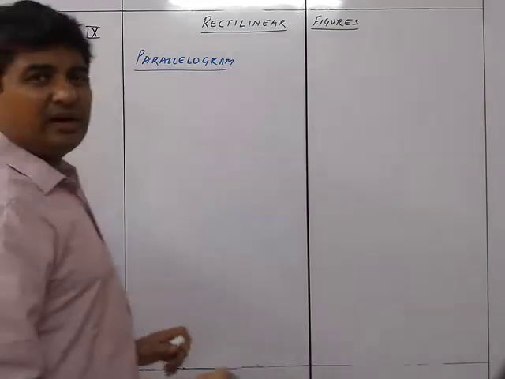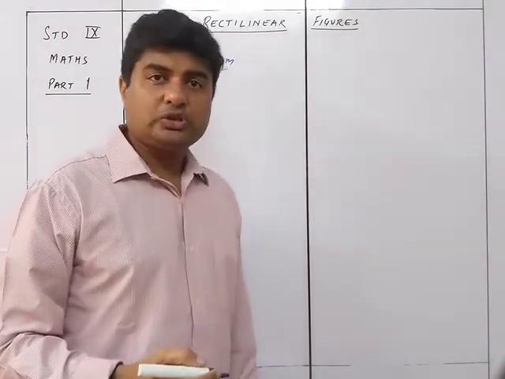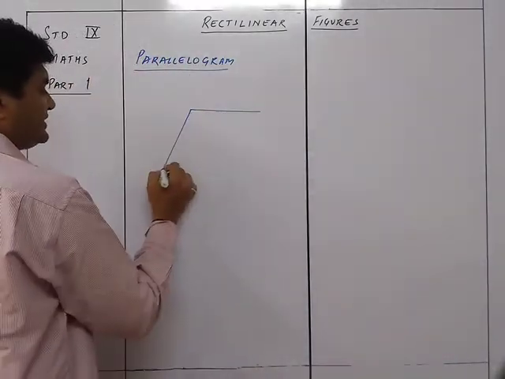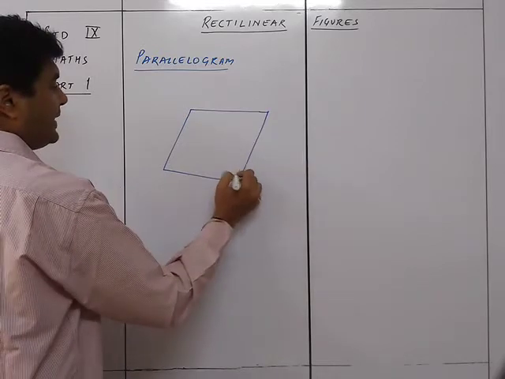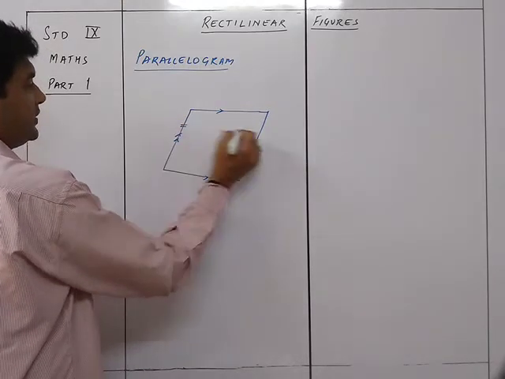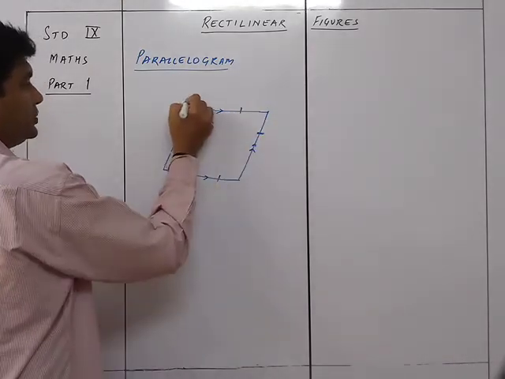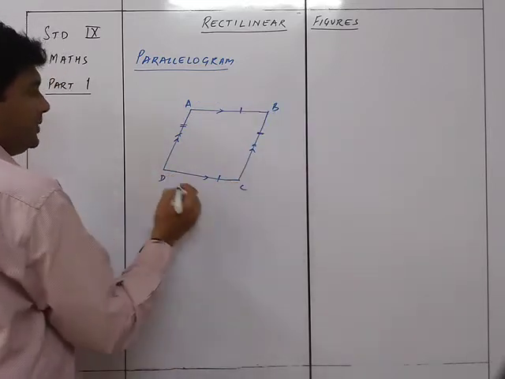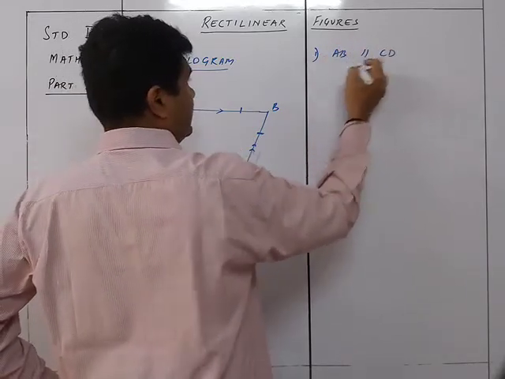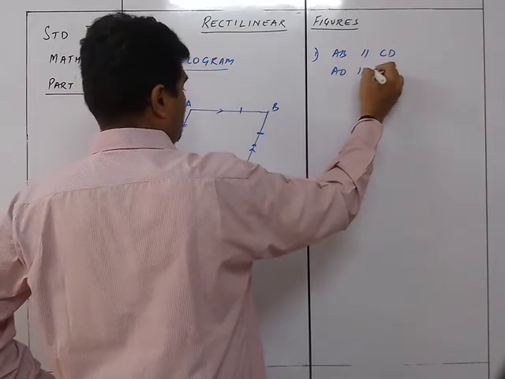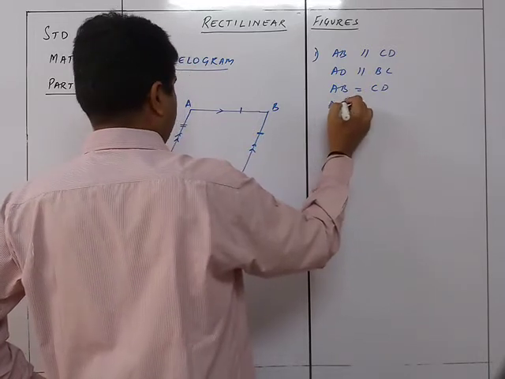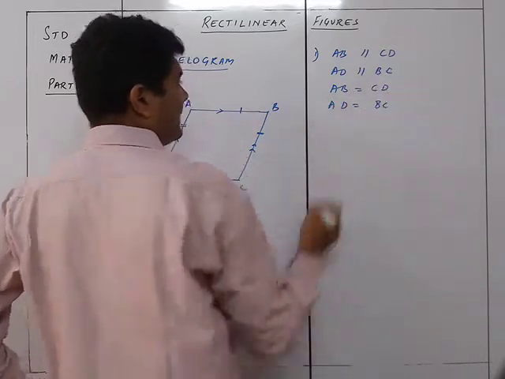A parallelogram is a quadrilateral in which its opposite sides are parallel and equal. So if the opposite sides are parallel, this is parallel to this and this is parallel to this, and also this is equal to this and this is equal to this. So here, AB is parallel to CD, AD is parallel to BC, AB is equal to CD, AD is equal to BC. So these are the main things about